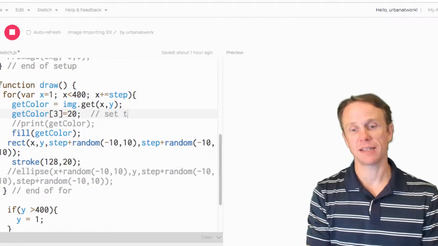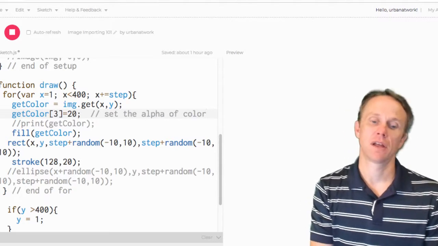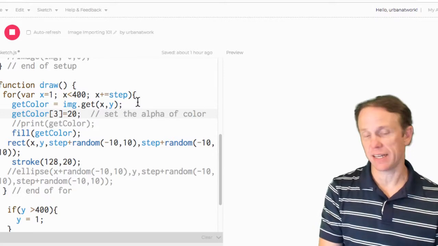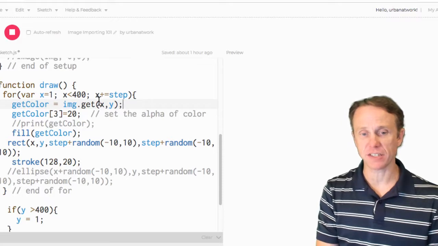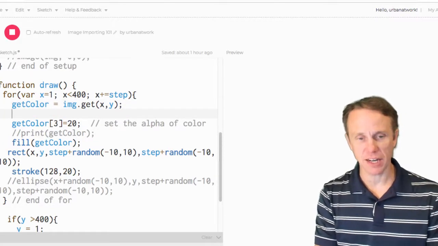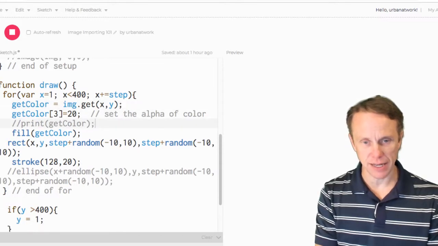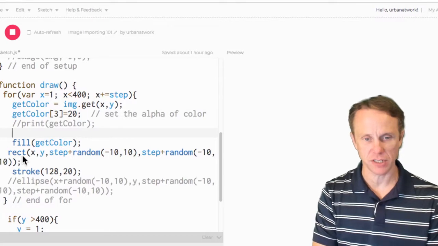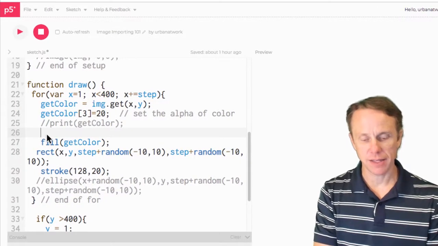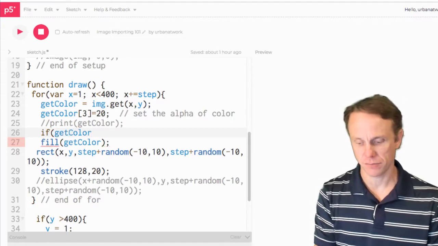So set the alpha of color. And so we're setting it here to 20, but we could set it to something else if we wanted to as we go. And that's just the alpha one. But if we really check this out, we could, in fact, let that one happen there. And then we'll move it down here just a bit and say,